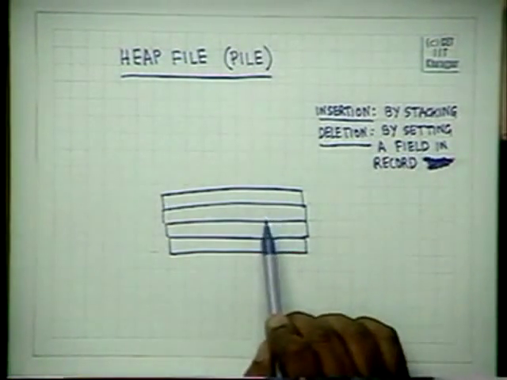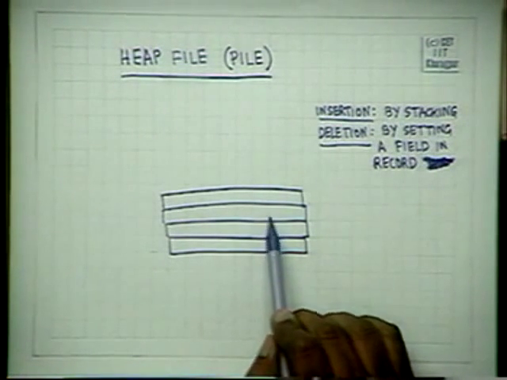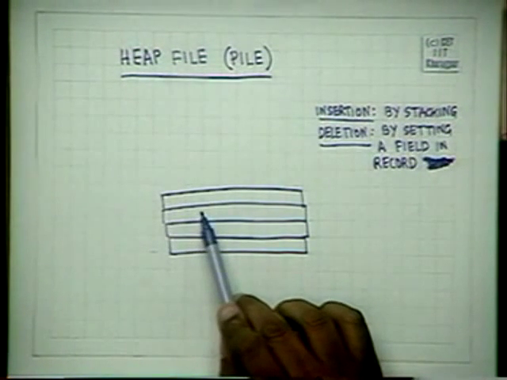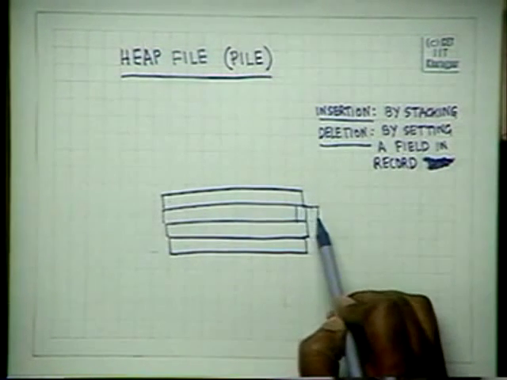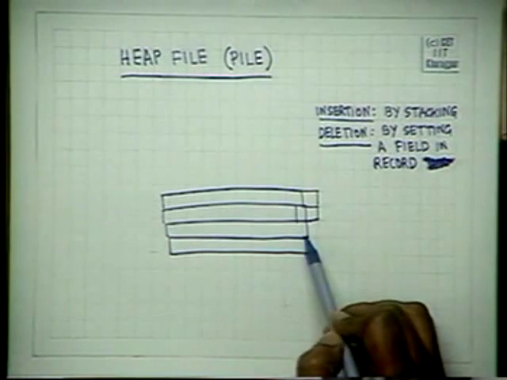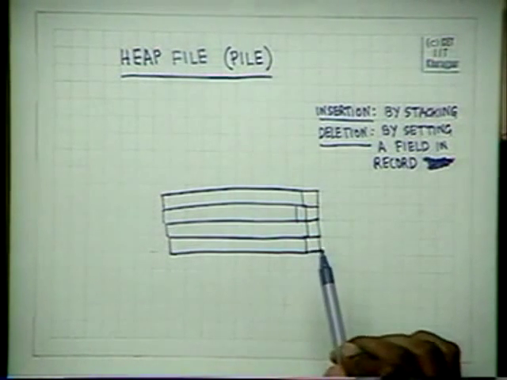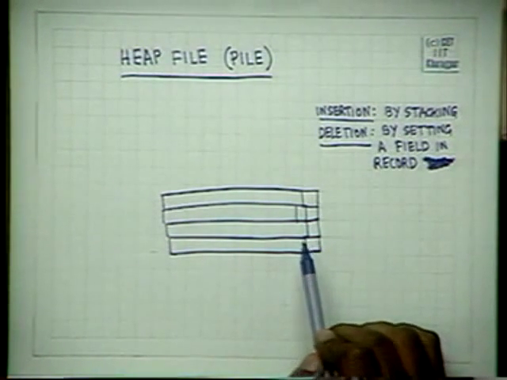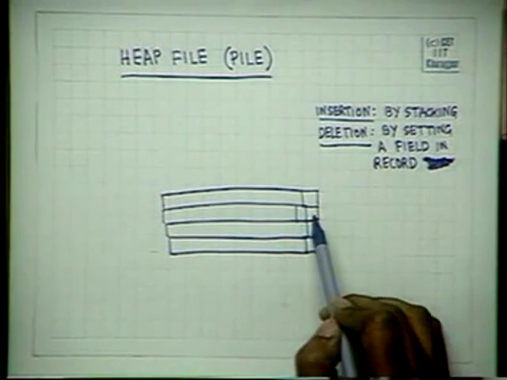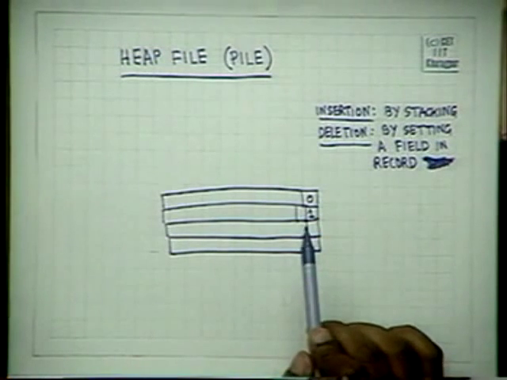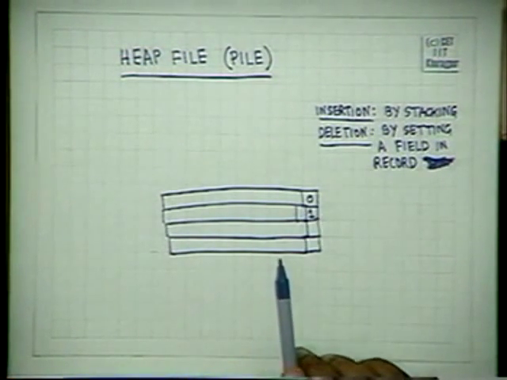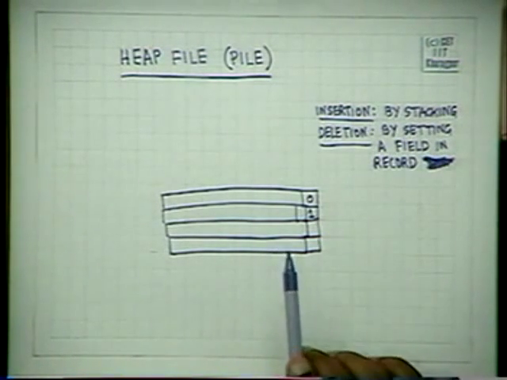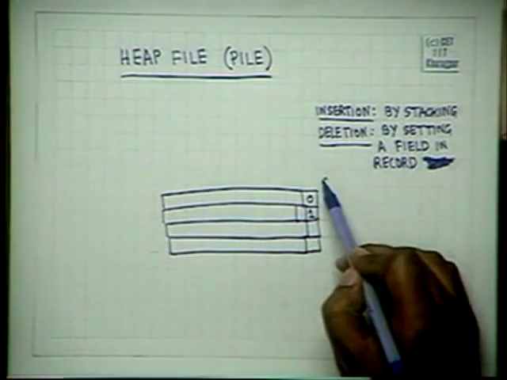That means that if you want to delete a particular record, this record is not physically removed. What is done is you have an additional field. So each record is extended with an additional field, which denotes whether it is deleted or it is available. If it is deleted, it is marked 1 and available is marked 0. So this field denotes whether that record is deleted. Physically nothing is done. And search